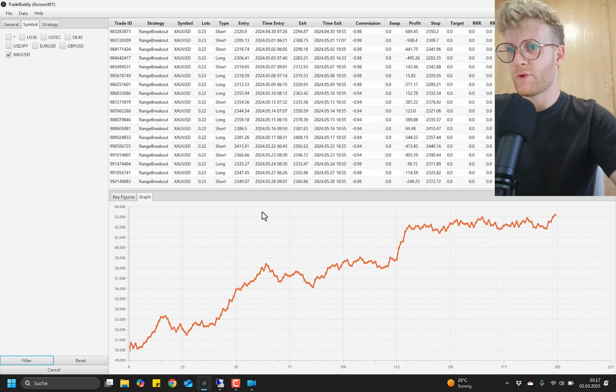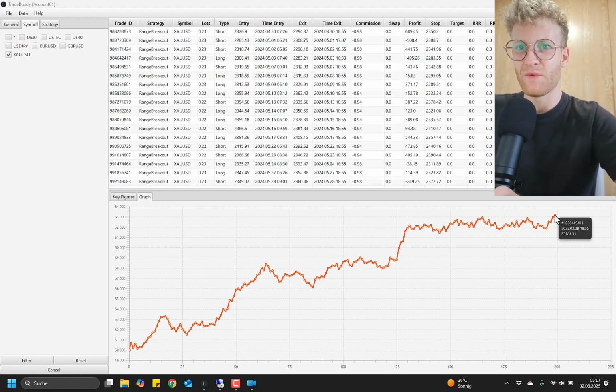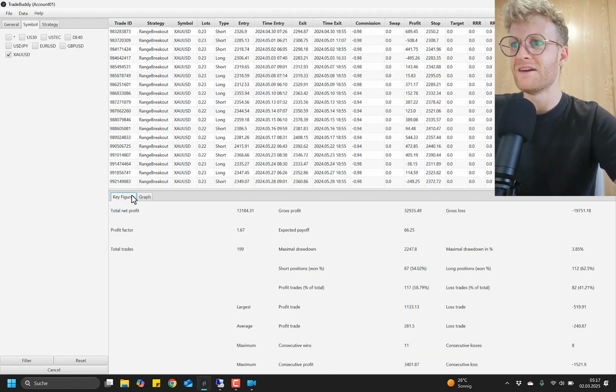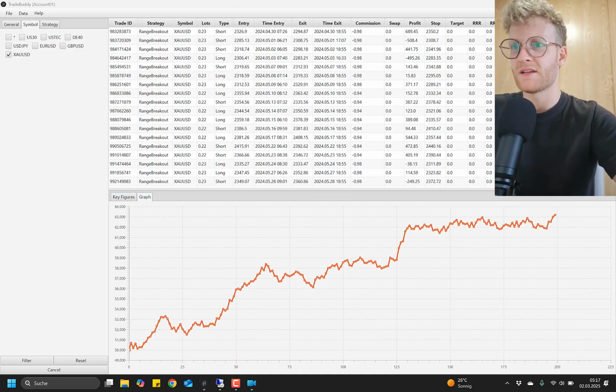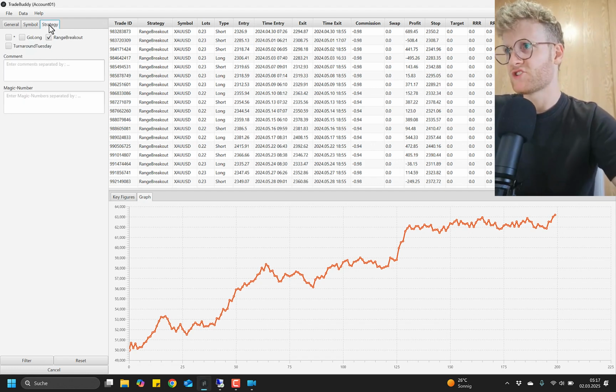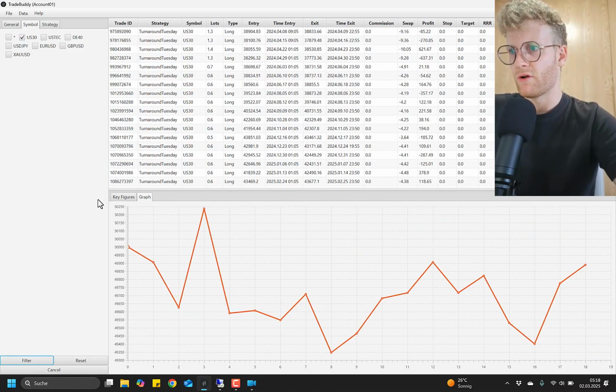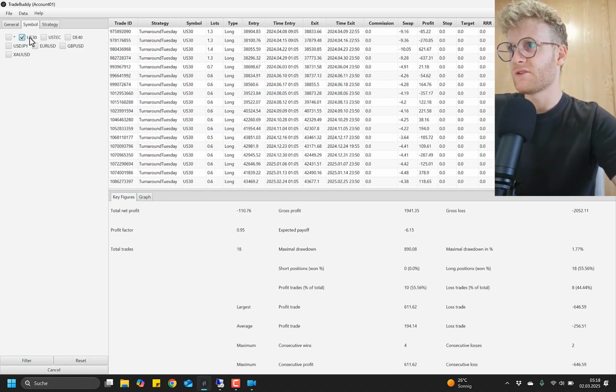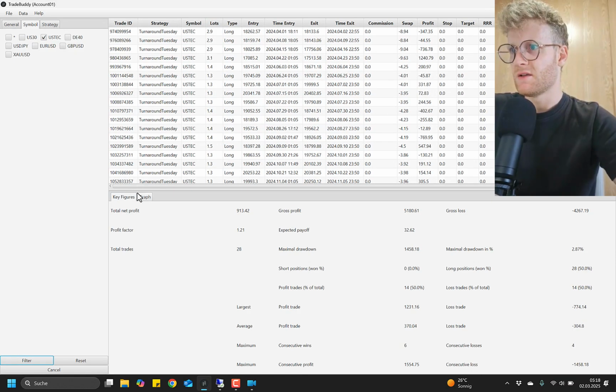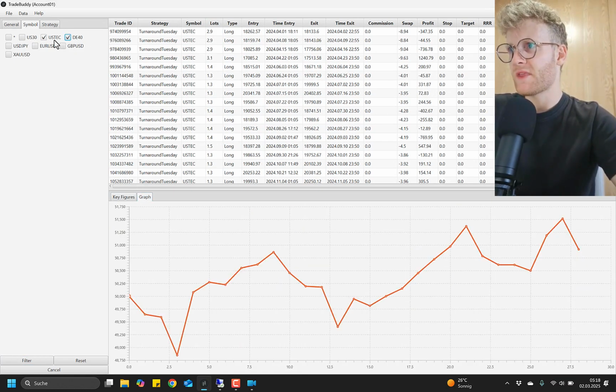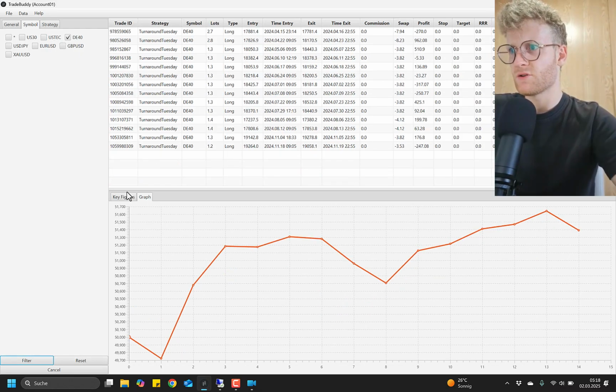But we do also have the range breakout EA in gold. And after the last month, this one is again at an all-time high, performing crazily good. 13k up with this single strategy in this single market, which is completely blowing my mind, how profitable this is and how stable it is actually. Yeah, that's just great. And then the turnaround Tuesday strategy, the last one that I did not show so far for the whole period. It is slightly negative for US 30, positive for US Tech, and I think DE40 is also positive.